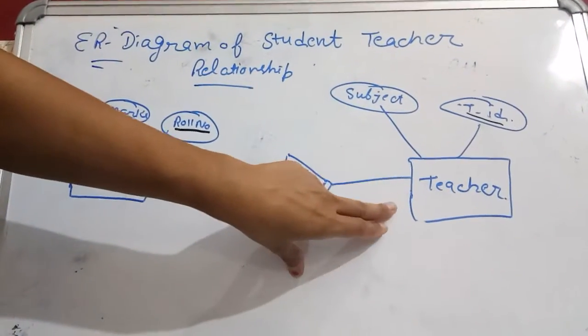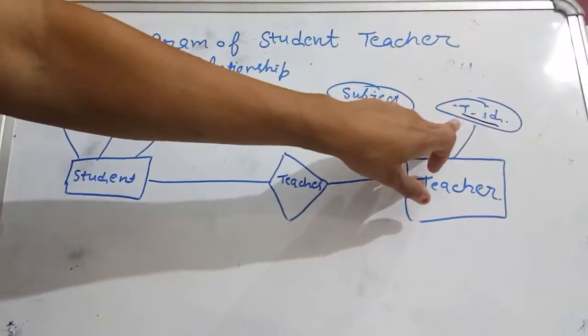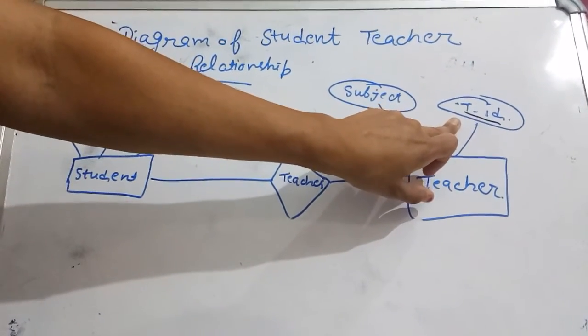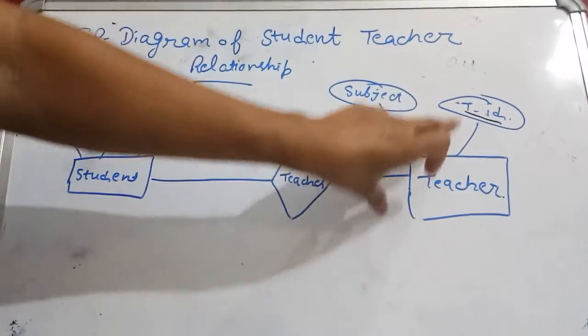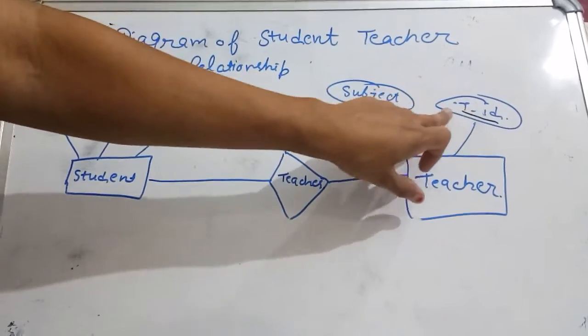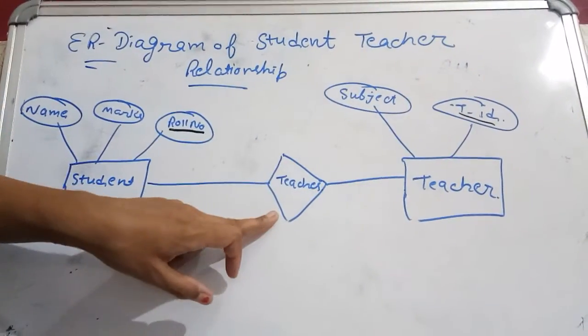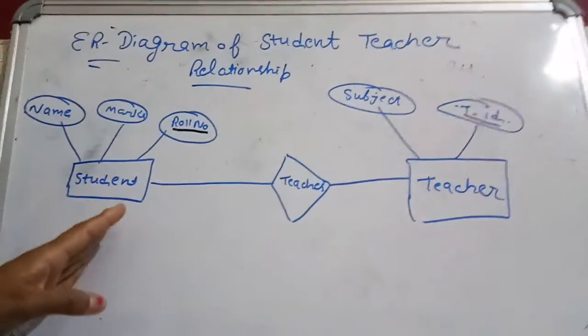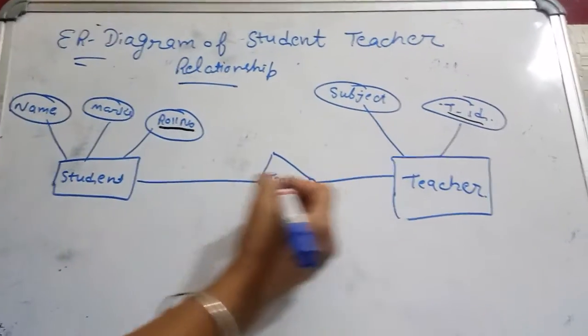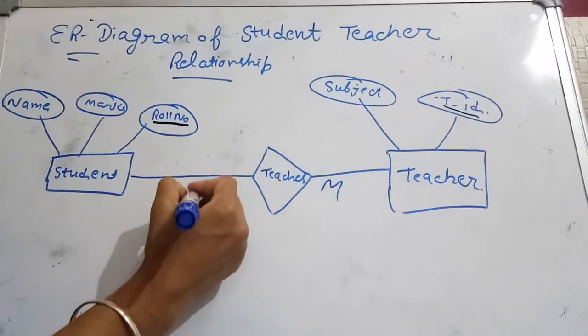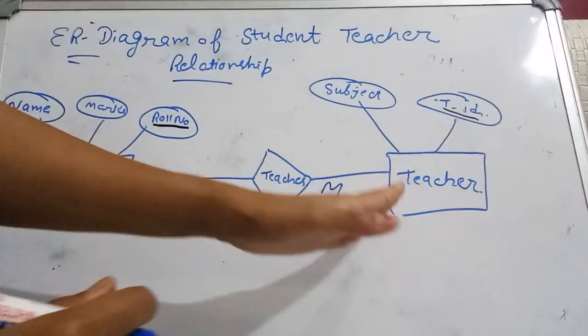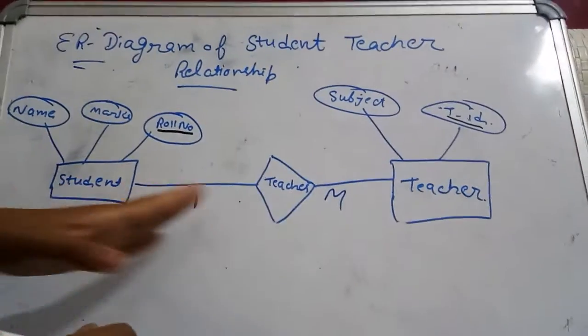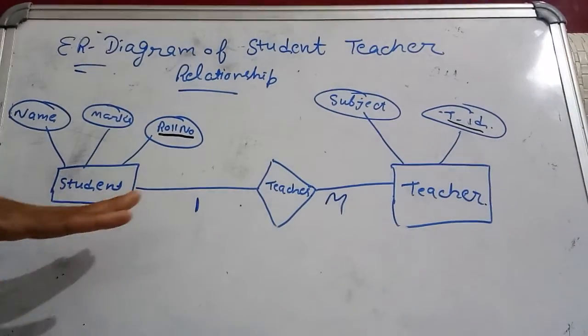Teacher attributes are subject and teacher ID. Teacher ID specifies the particular record of the teacher, and it is the primary key, so it is represented by this. The diamond symbol shows the relationship. Teacher teaches many students, so this is a many to one relationship, because a teacher teaches many